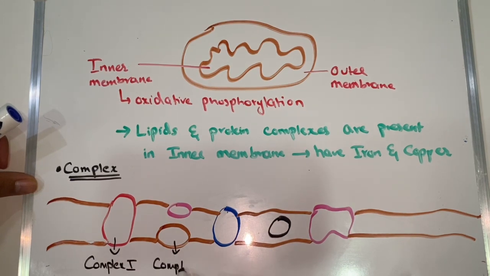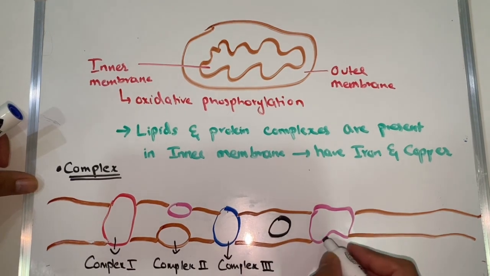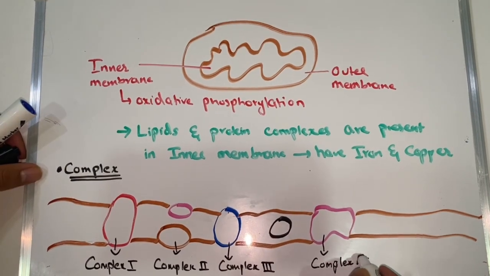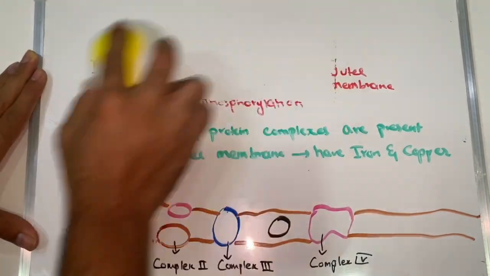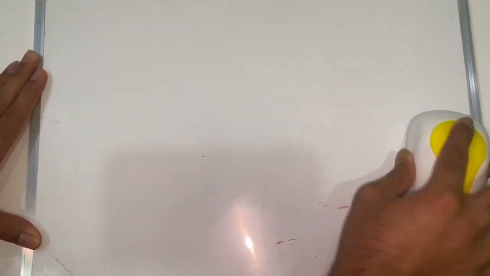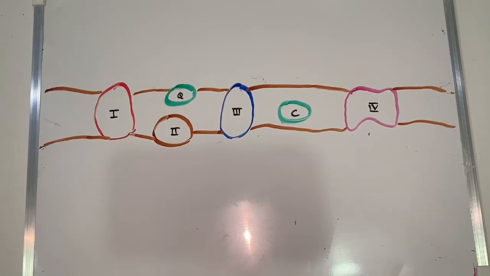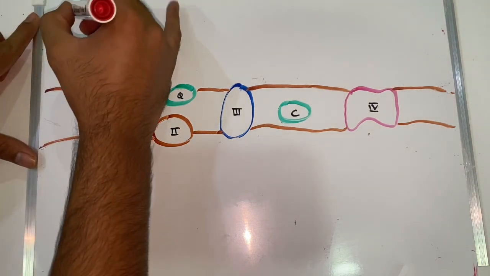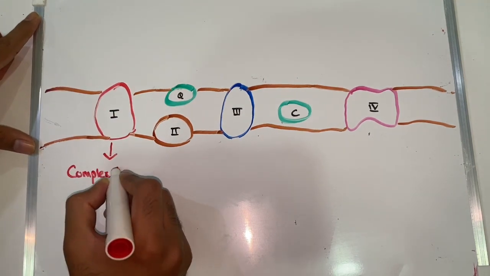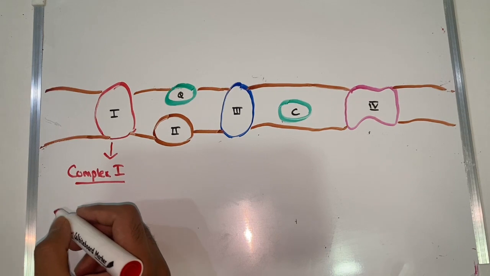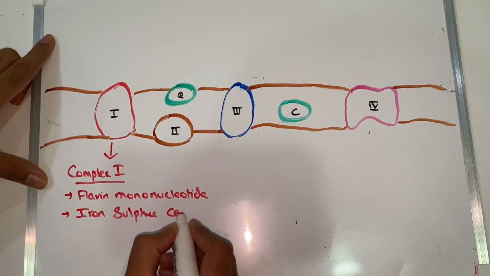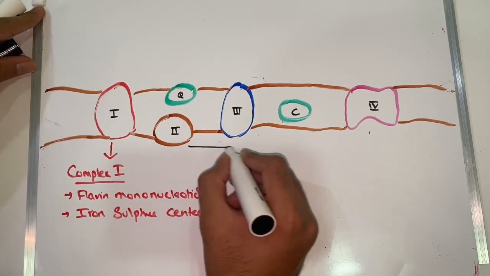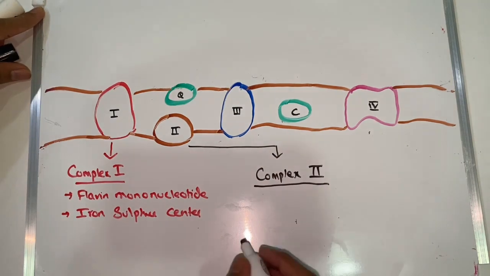As you can see in the image, the first one is complex 1, then it's complex 2, then it's complex 3, and at the last it is complex 4. Basically, there are 5 complexes present, but 4 take part in the oxidation. Let's check out what these complexes are and what their process is. So let's start here. We have first with us complex 1. Complex 1 is basically a flavin mononucleotide, and it is also the center of iron sulfur, which is called iron sulfur center. The complex 2 is